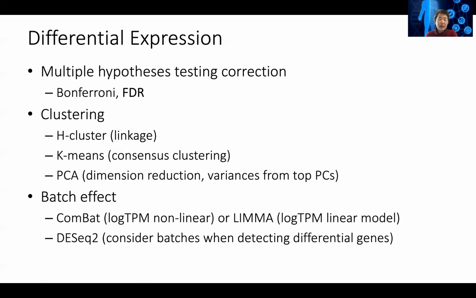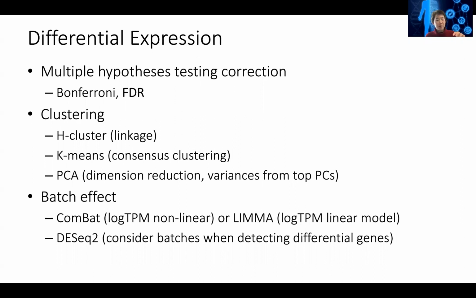Another way to do clustering is to run PCA. You could run PCA on the genes, but you could also run PCA on the samples. In this course, you probably see more cases where people use each sample to cluster the samples using PCA. And PCA, in addition to being a clustering approach, is also a dimension reduction approach, which tries to